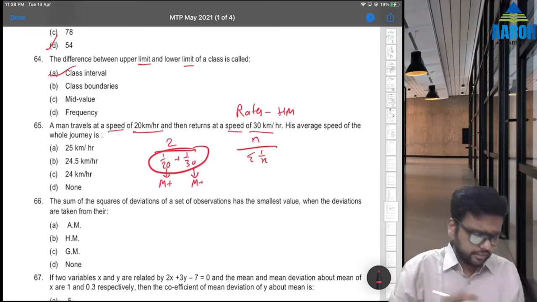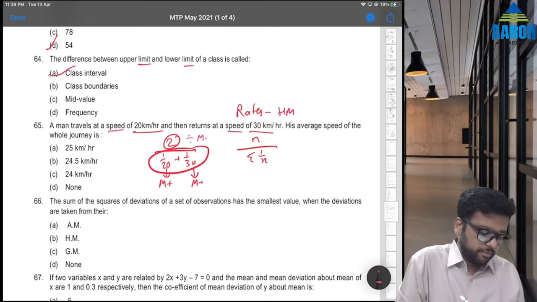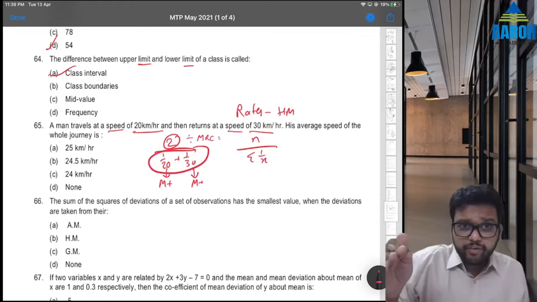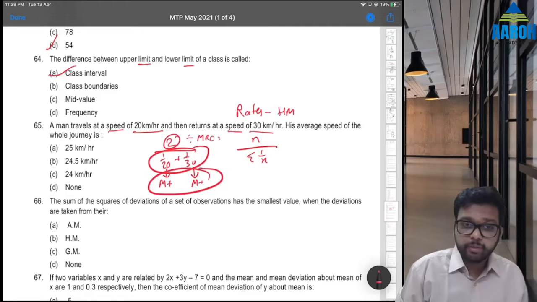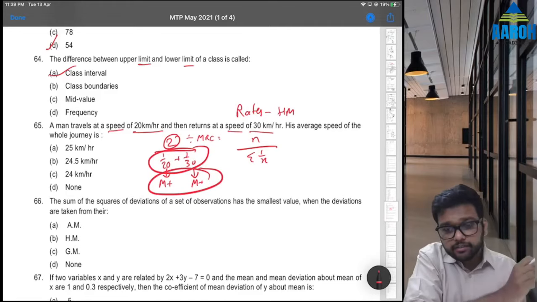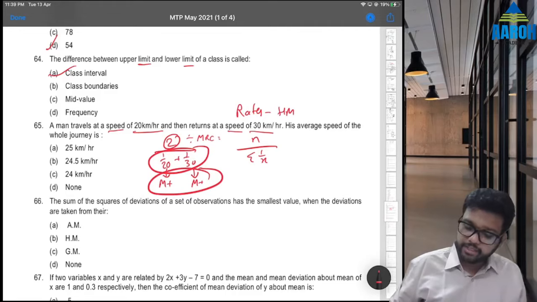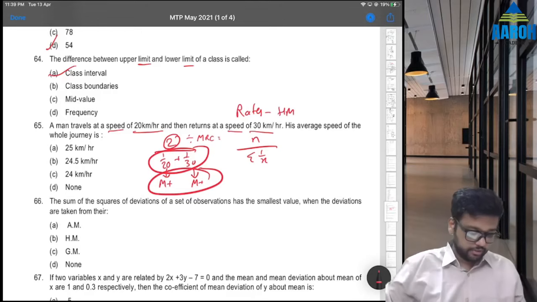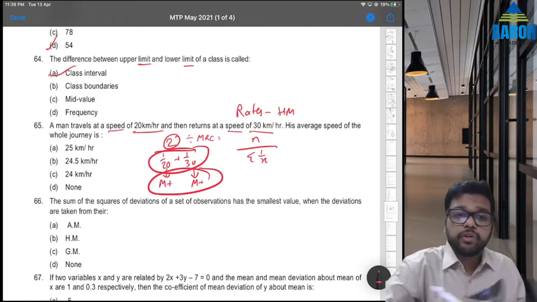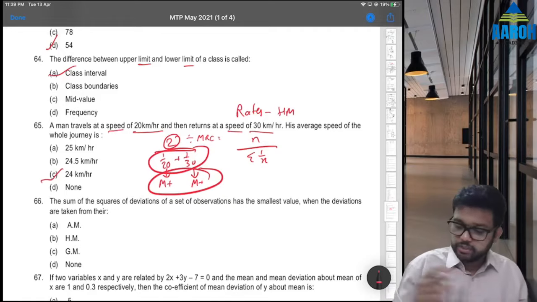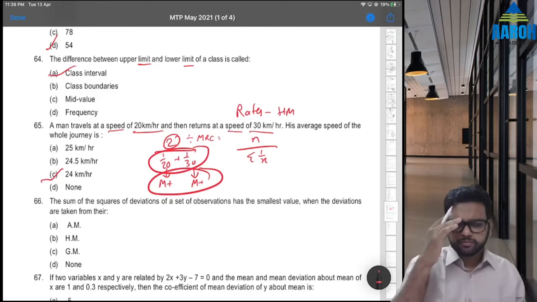Then don't press anything. 2 divided by MRC equal to, meaning 2 divided by whatever is in memory, whatever we have stored in memory now. So 2 divided by MRC is equal to, that gives us how much? Okay, sorry, I pressed equal to twice. 2 divided by MRC equal to 24 is the correct answer. 24.0009, something like that comes.